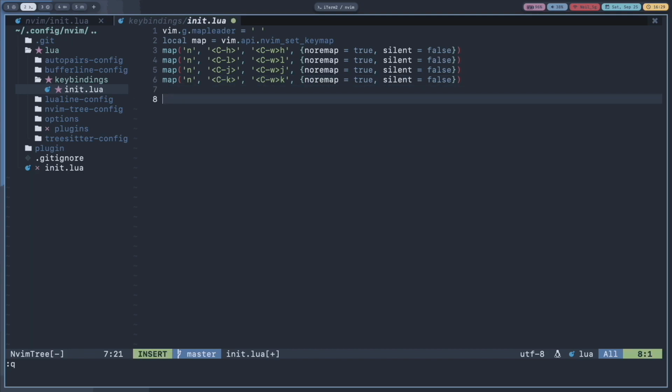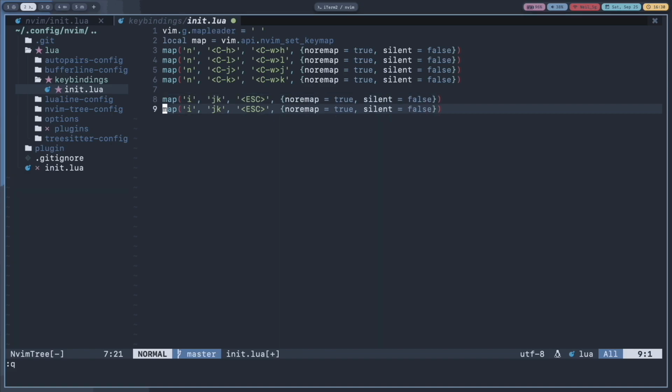So in insert mode, I'm going to map jk to escape. Okay, and I want noremap equals true and silent equals false. I'll tell you what this silent does later.